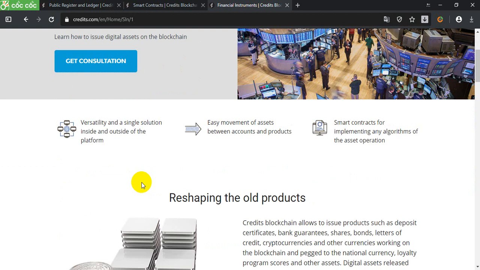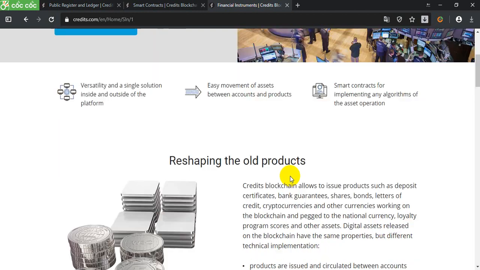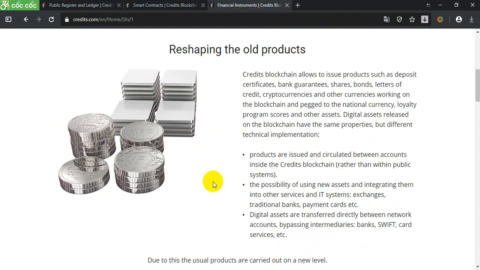Versatility and a single solution inside and outside of the platform. Easy movement of assets between accounts and products. Smart contracts for implementing an algorithm of the assets operation. Reimagining old products: Cadiz blockchain allows you to issue products such as deposit certificates, bank guarantees, shares, bonds, letters of credit,